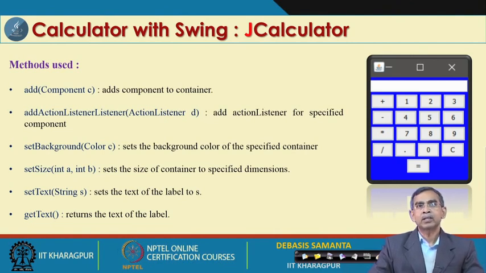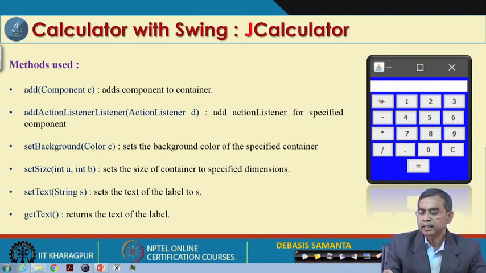Now, the first step is to decide which components need to be used. Suppose we have to create this as a frame or a panel, then you add this component, and then add other components, which will be included in it. Here, as we see, all the buttons are there. We can see 16 buttons as well as one equals button, altogether 17 buttons, and in addition to the 17 buttons, one text field area is there.